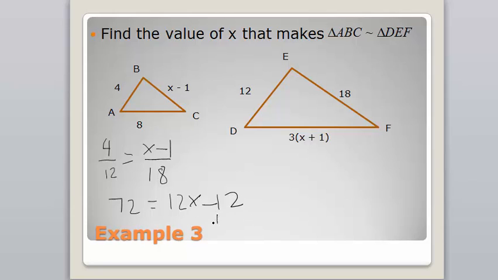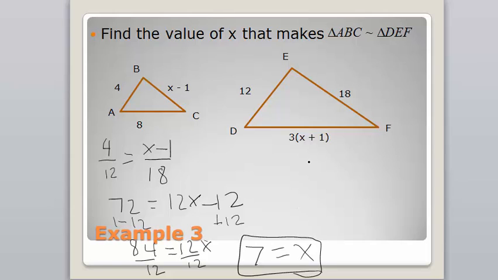Add 12 to both sides. Kind of run out of room here. 84 equals 12x. Divide by 12. 84 divided by 12 is 7. So I get x equals